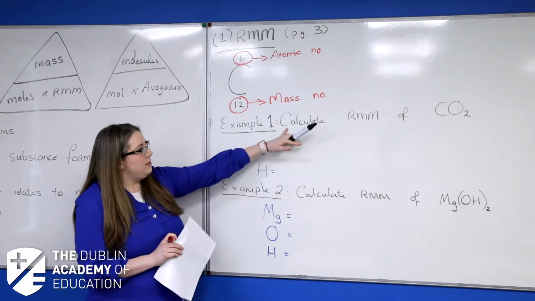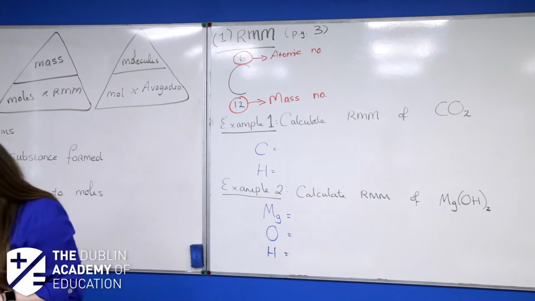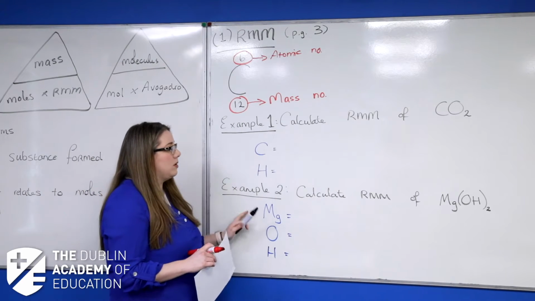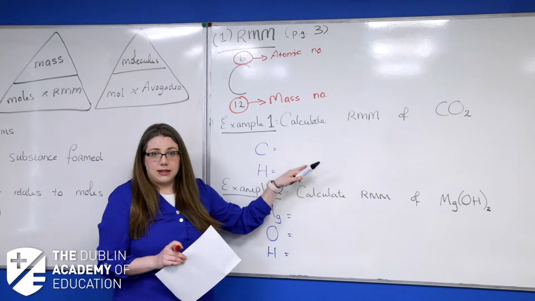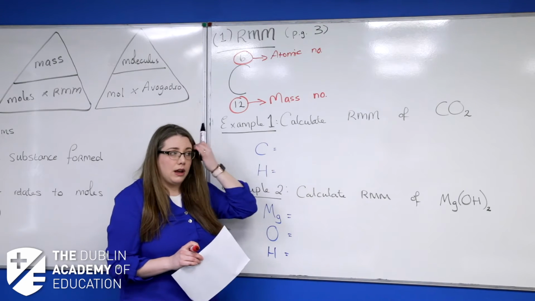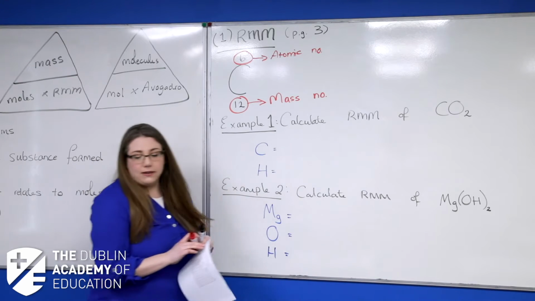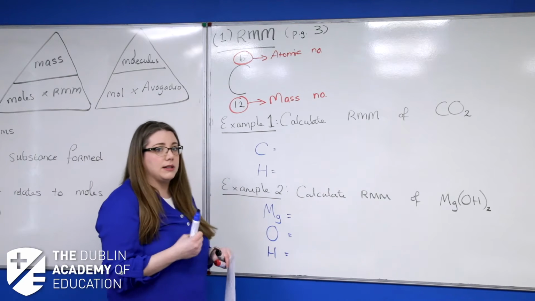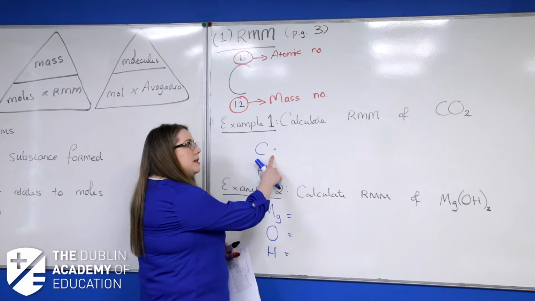Now, we're going to find the relative molecular mass of carbon dioxide. So this is in the notes and it's on page 3. So I'm just going to go through the 2 worked examples and show you how you do it. Do not skip this step in your exam, and I'll show you why when it comes to moles. If you make a very small mistake here, it's the difference between losing 1 mark and losing 3. So show everything. So let's look at carbon dioxide.